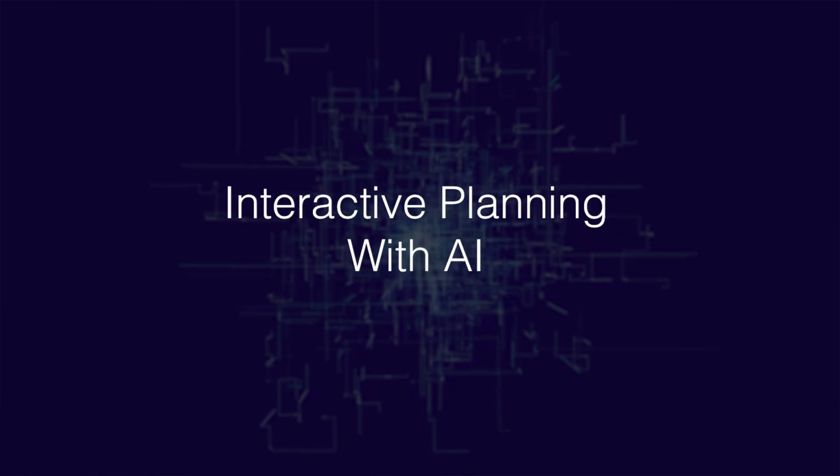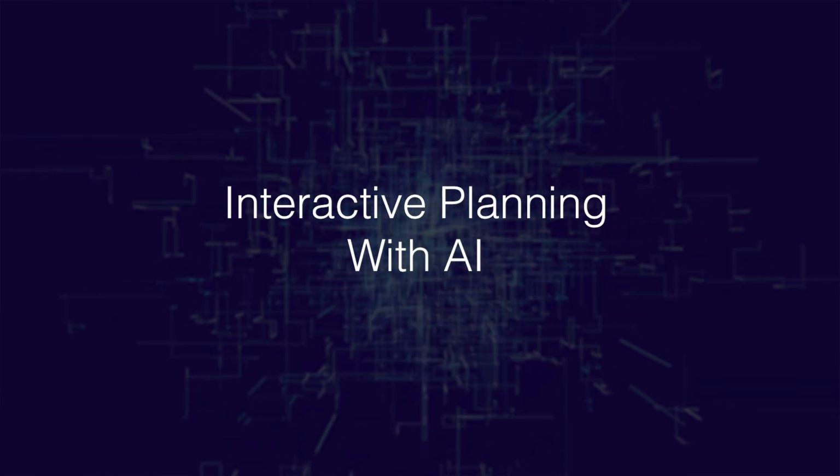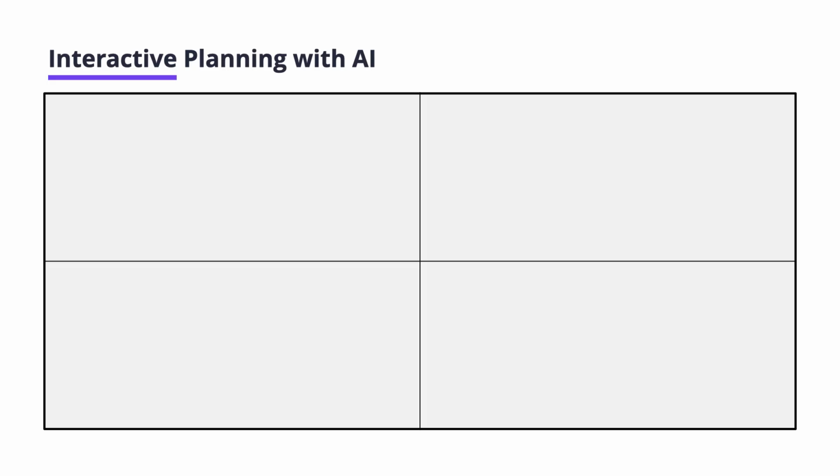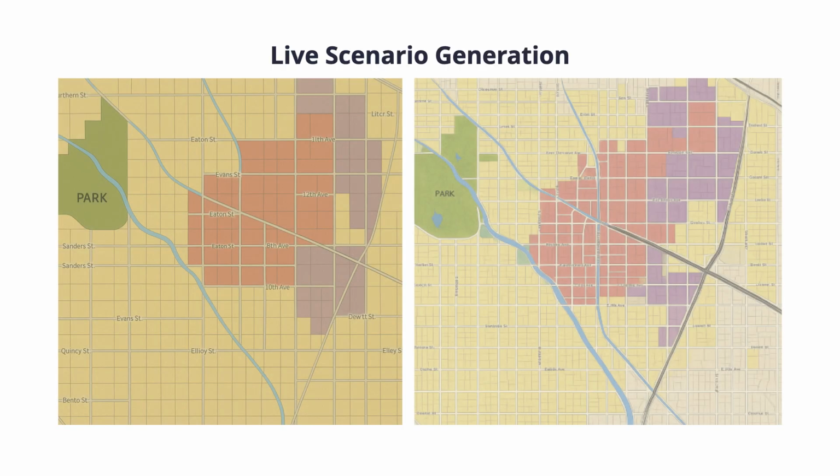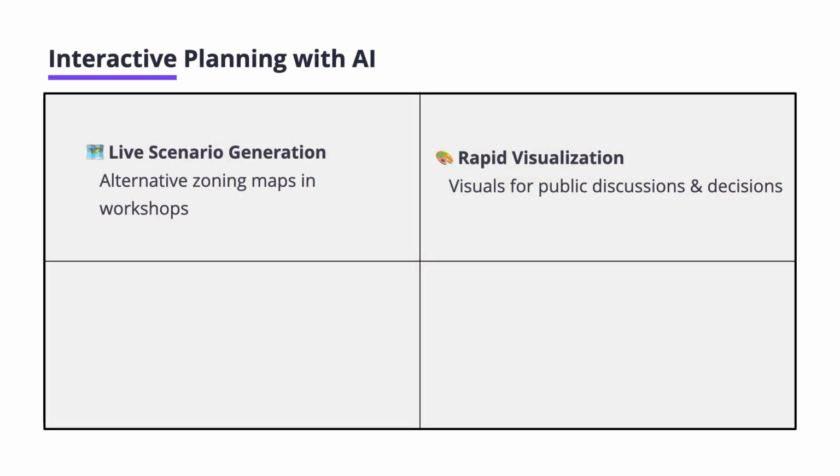So, some examples of interactive planning with AI. In this case, what we're talking about with generative AI is giving a prompt or making a request, let's say for alternative zoning maps during a community workshop. So again, this is giving us ideas, different configurations, different patterns that we hadn't thought about before,